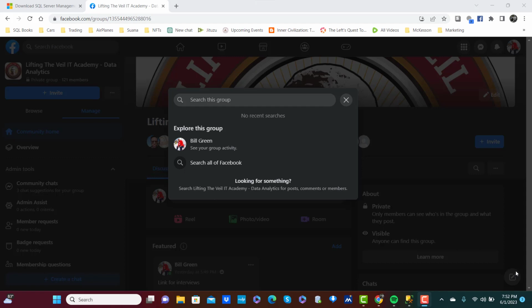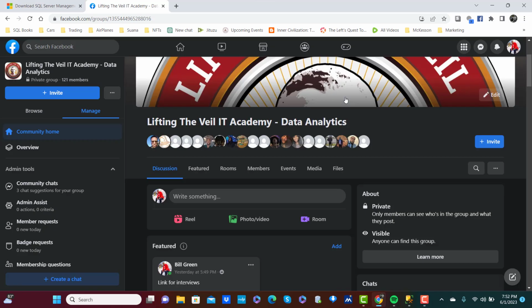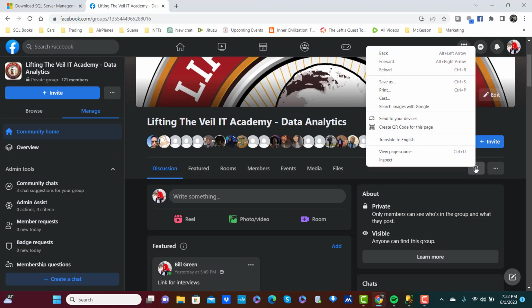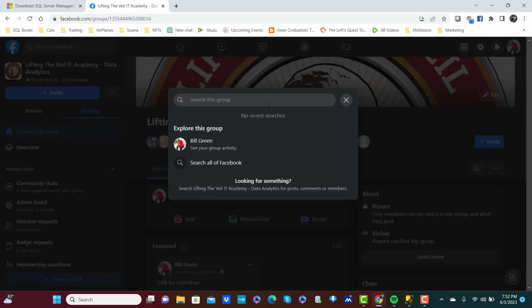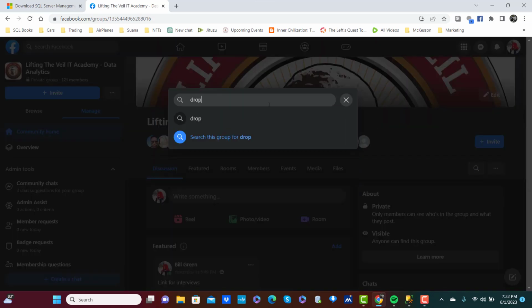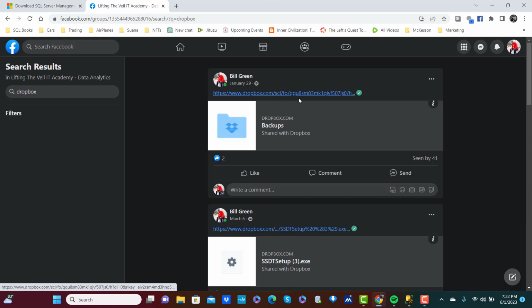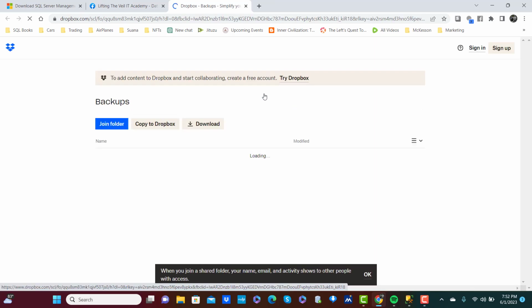Okay, guys, so now we're in the Facebook group, and when you come to the Facebook group, what you want to do is go to the right here and search the Facebook group. You type the word drop box and hit enter. What that'll bring up is this right here, which is your backups. You click this. This will take you to Dropbox, the link, which is inside of the Facebook group. You click download,